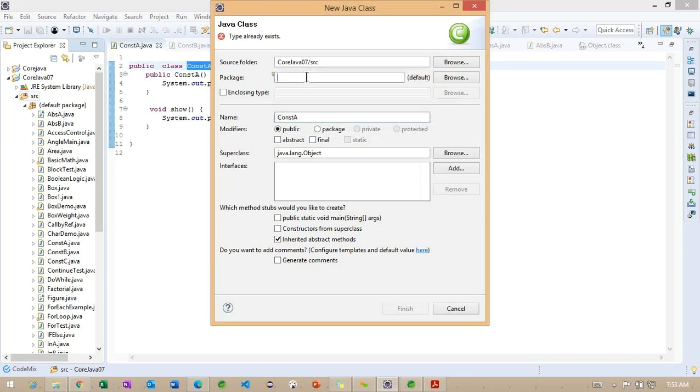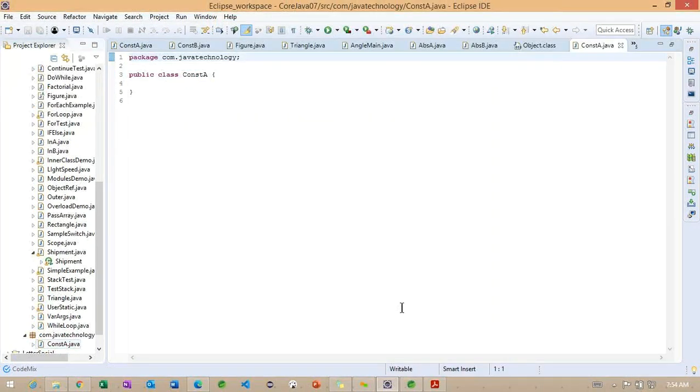Using these packages, what exactly are we going to do? We are going to create a package name, something called Java technology. Now you can observe here, we are able to use the constructor A class. So along with this information, using the packages, we are going to identify where exactly this class resides and what the use of this particular class is, and we are going to provide a unique package name. Getting the point? Right. So now we'll check how exactly we can achieve this with packages.